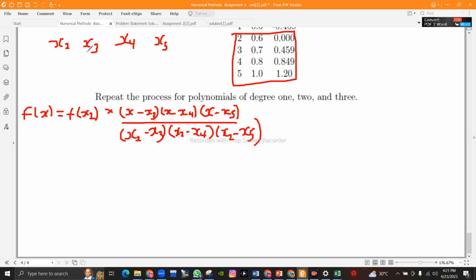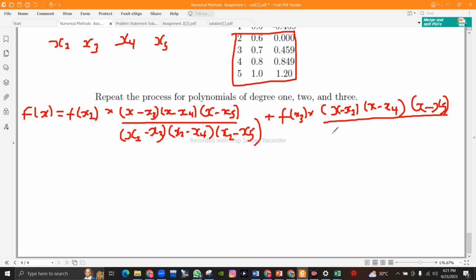Do the same thing for the second one, which is plus f of x3 times, to take away that value except from x3: x minus x2, x minus x4, and x minus x5, divided by x3 minus x2, x3 minus x4, and then x3 minus x5,